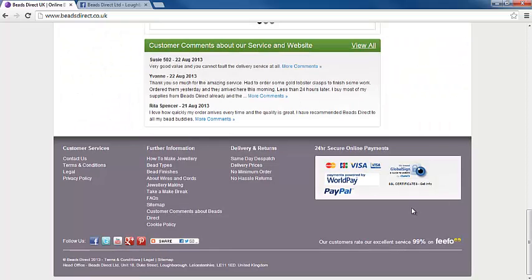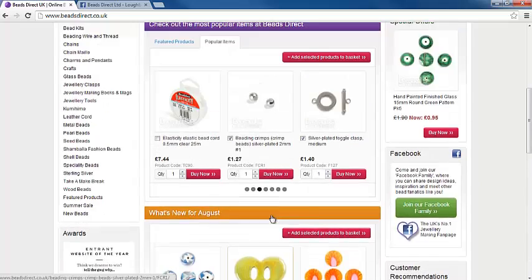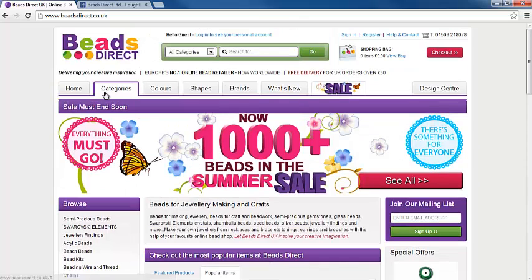Definitely move that up. We've got nice trust building logos here to confirm how secure the site is, what payment methods they take, and we've got all these follow buttons, sorry, for all the different social media items down there. Oops, I've just clicked on the add this, which is popped up. Now, what I was going to be saying earlier about these